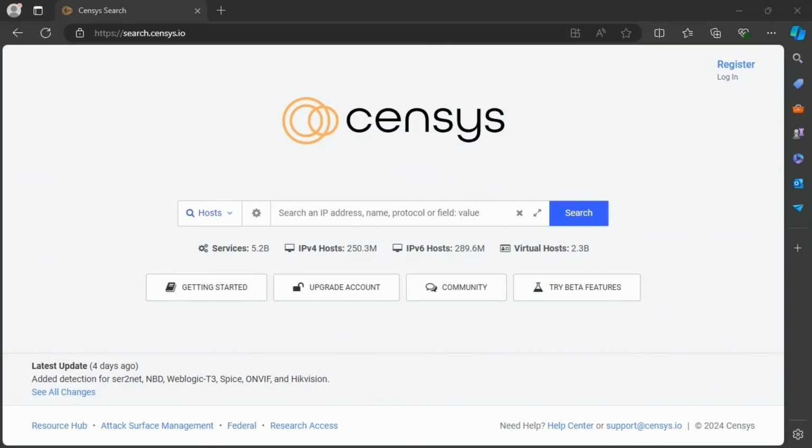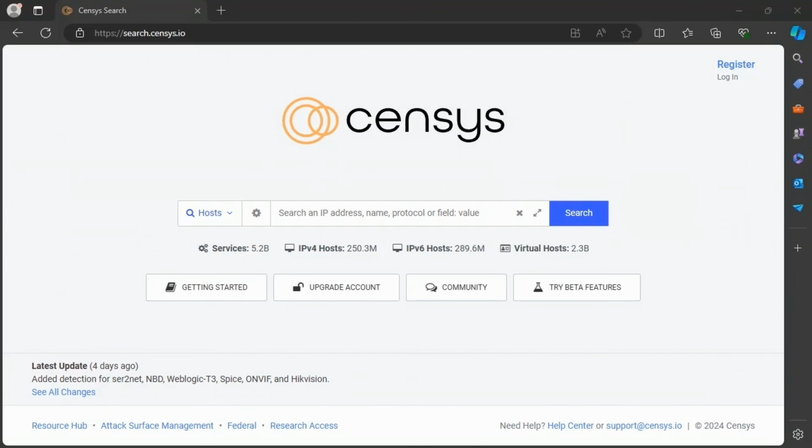Censys is a platform that aims to give more visibility into internet-connected devices and services. The idea behind Censys is to allow the search of various assets on the internet, like servers, websites, or IoT devices, with the aim of finding potential vulnerabilities, misconfigurations, or security risks within those devices. It performs this search via active scanning on the internet and creating a database of all of these devices and